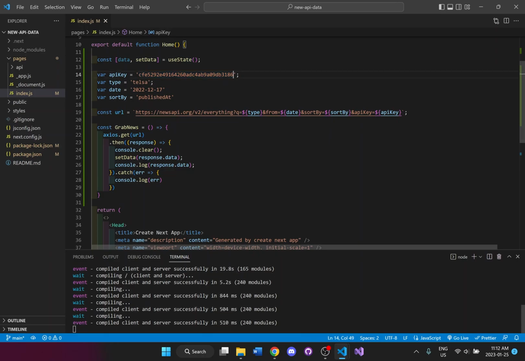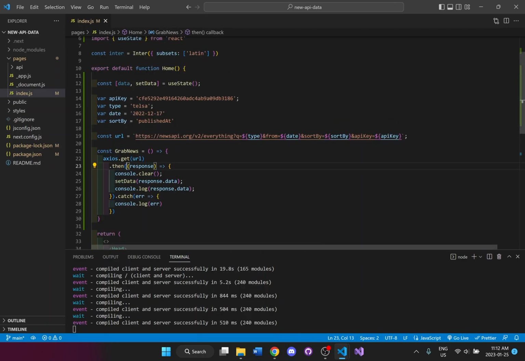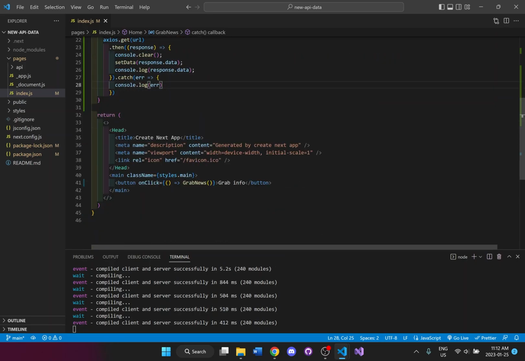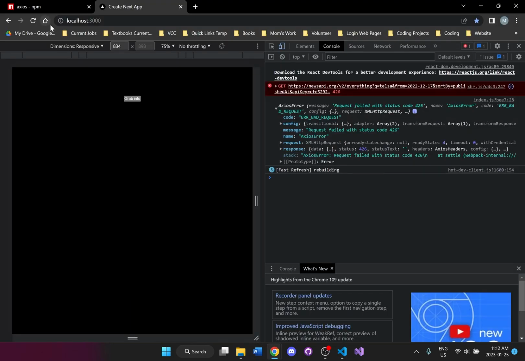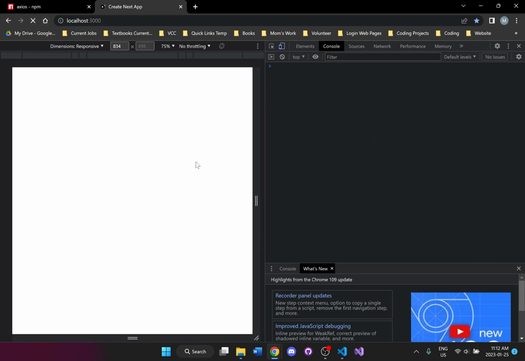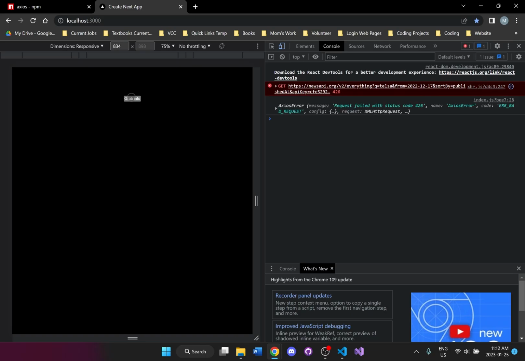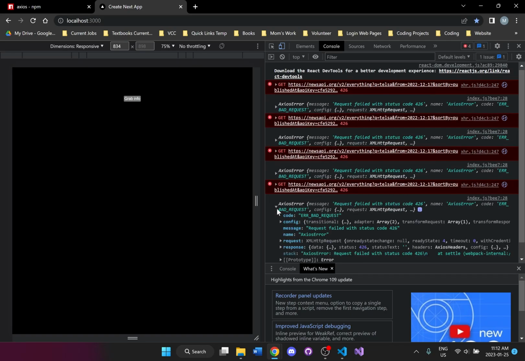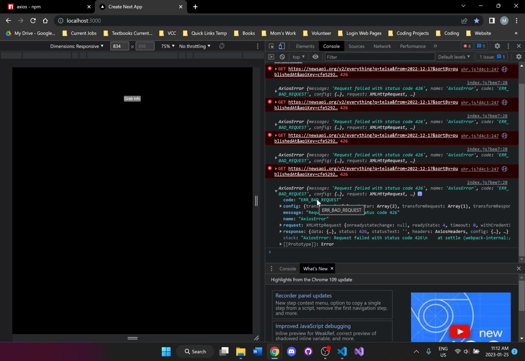Save it. Alright, I'll save it one more time here, and I'll try going back to the browser. Refresh. Okay, let's see here. Axios error.